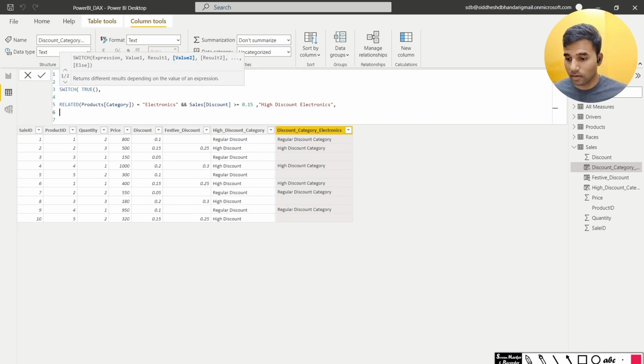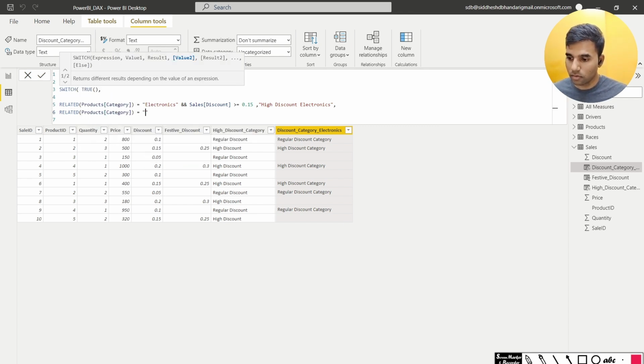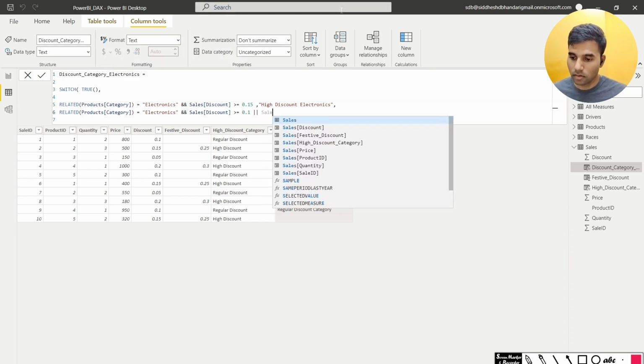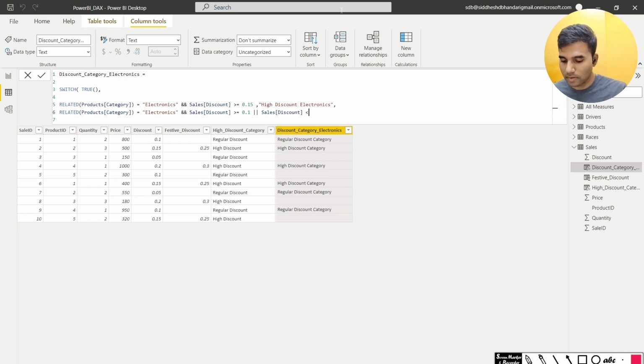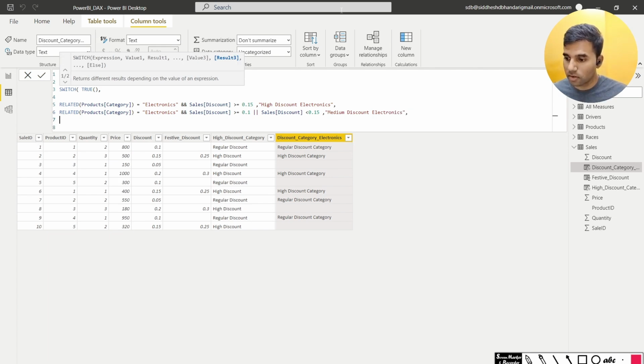The second condition is if related products category is equal to electronics and sales discount is greater than or equal to 0.1 and sales discount is less than 0.15, then give me medium electronics. And the third condition is related